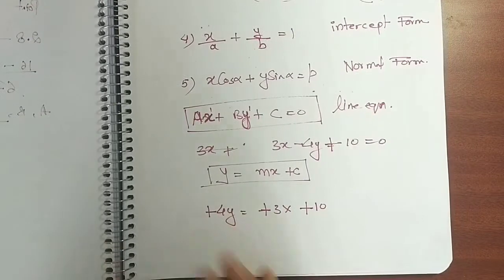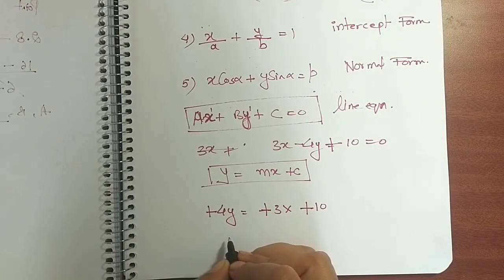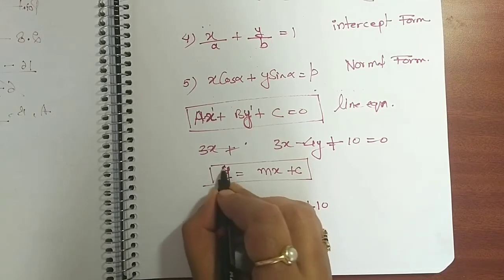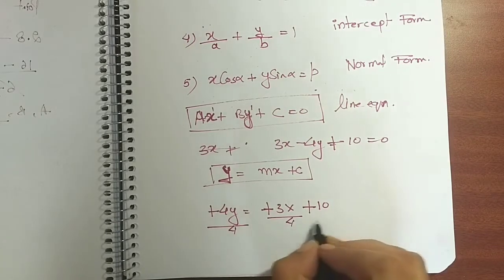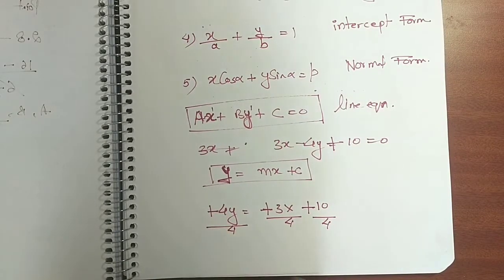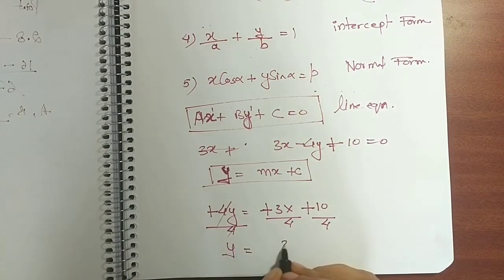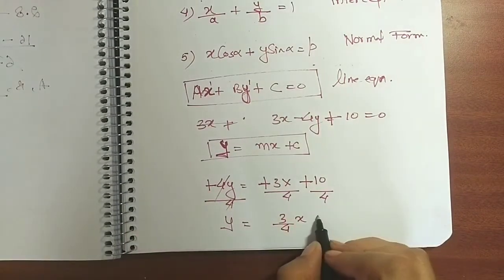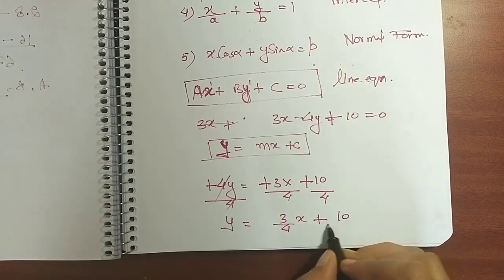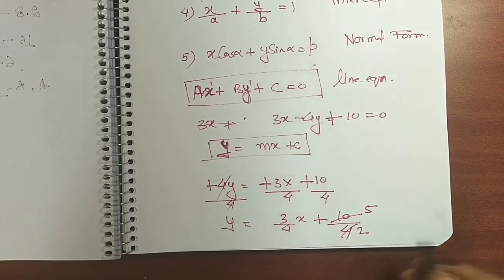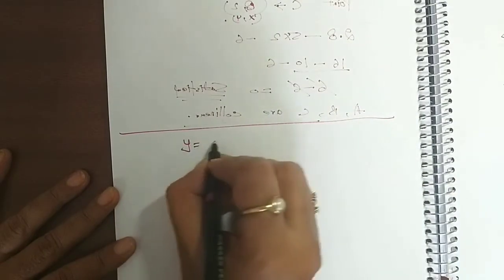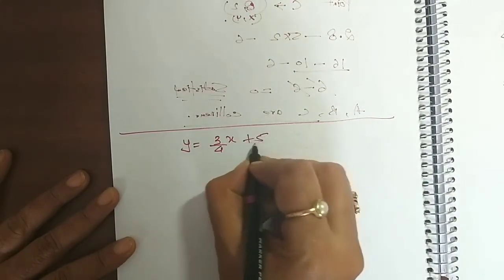Okay. Now I want only y here. I want only y. Coefficient of y should be 1. So can I divide the whole equation by 4 so that I should get only y here? So here 4 cancel. So y is equal to 3 by 4x plus 10 by 4. 10 by 4, this I can further simplify. 2 5s are 10, 2 2s are 4. So what my equation became guys? My equation actually became something like this. Y is equal to 3 by 4 x plus 5 by 2.